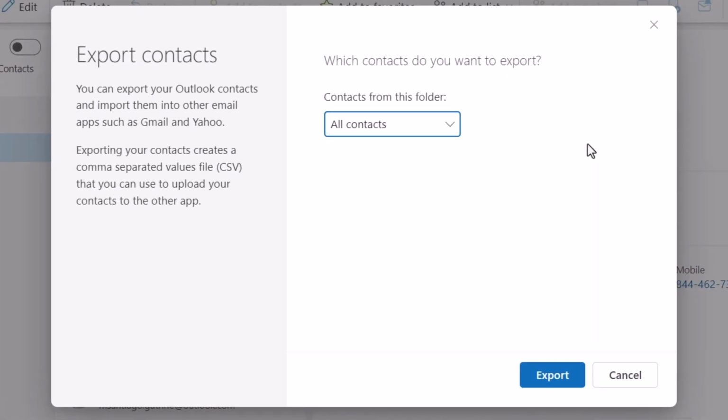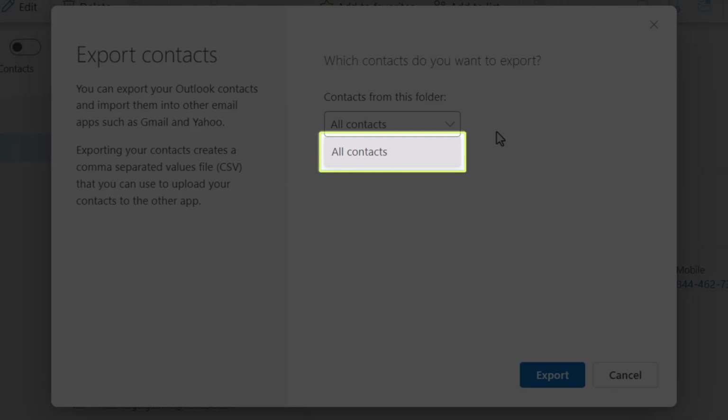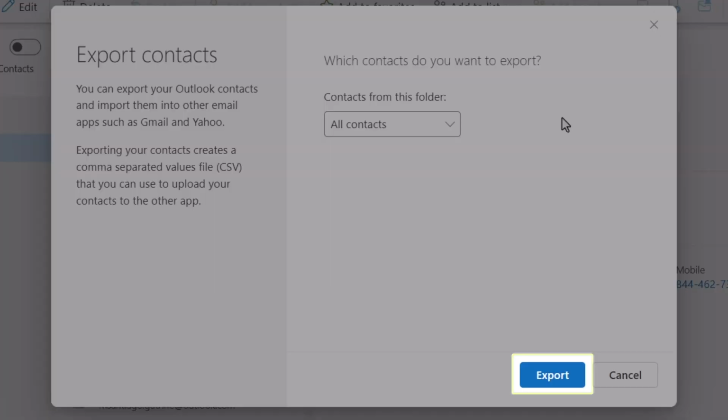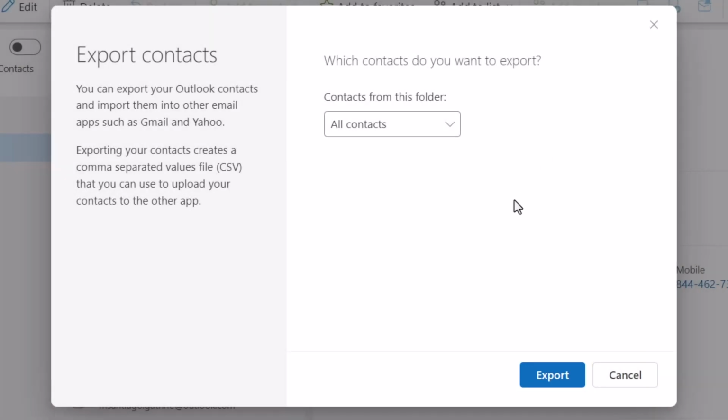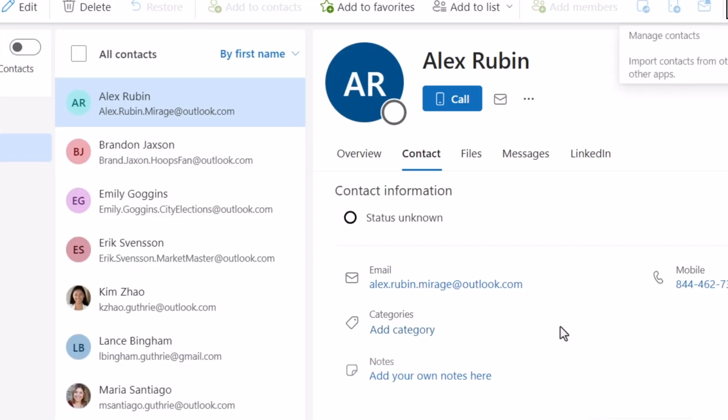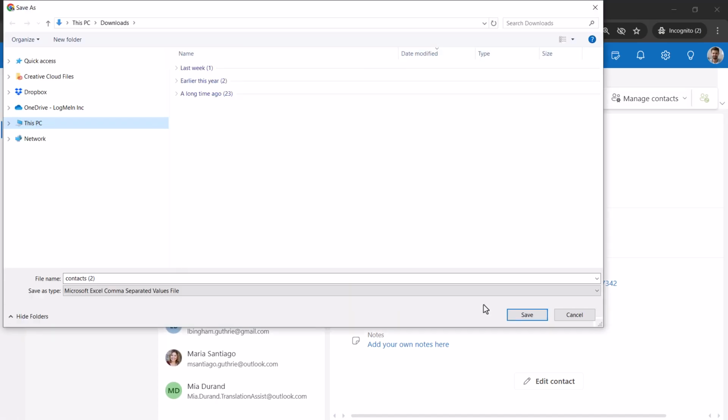You can now select which contacts to export. If you choose all contacts here, you can later remove individual contacts from the CSV file before it is uploaded. Don't worry about possible duplicate contacts. GoTo will not create a copy of each as long as the contact has the exact same name, email address, and phone number. Click the Export button. Finally, determine where you want to save the file and what you want to name it.